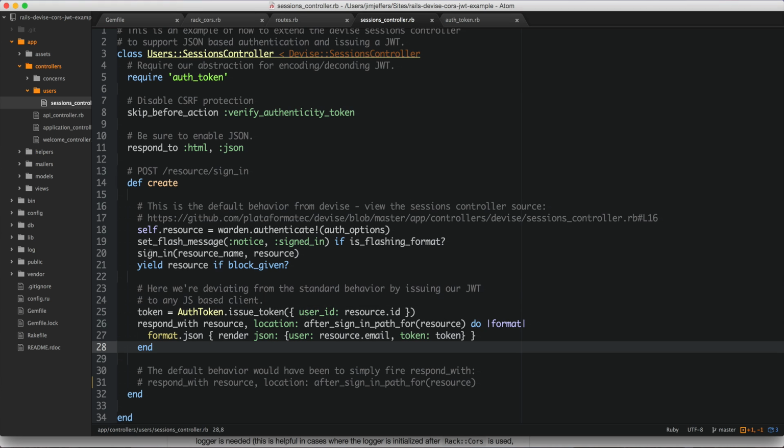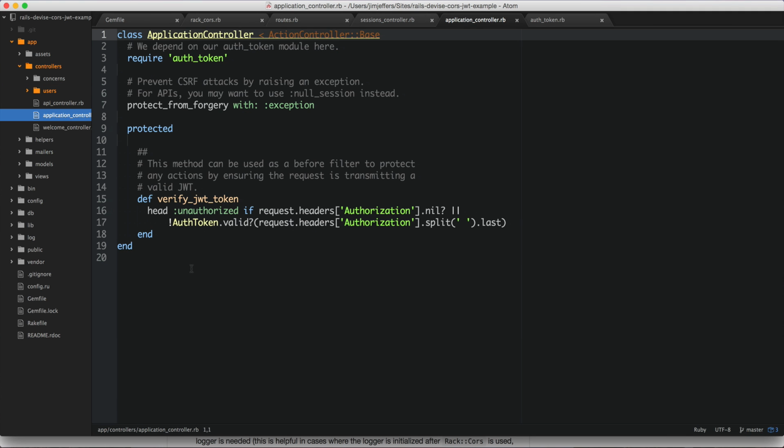So the next thing that we'll need to do is simply check for that in the methods that we want to protect to ensure that they're only accessible if the user is passing in a JWT that's valid. So to do that, here I've just added inside the application controller, we're requiring the auth token lib again, and just for reference, that's because I'm storing that in the lib directory here. It's not getting auto-loaded,